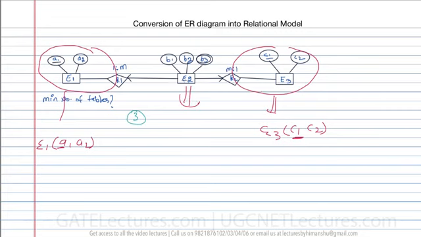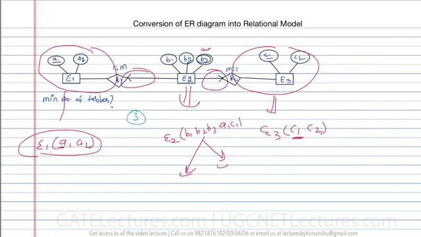For E2, because on both sides it has maximum cardinality as 1, you can create a table for E2. The attributes will be B1, B2, B3, A1 and C1. Further, because B3 is a partial key, not a key, we could create different tables here. We can further divide these tables, but if we discuss the minimum number of tables required, in this scenario it is only 3. In this scenario also we require only 3 tables at minimum.